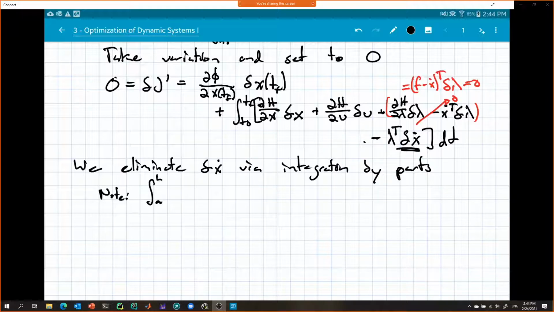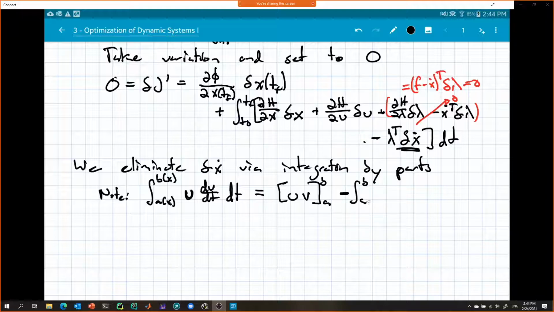Integration by parts works such that if you have the integral from a to b of some u dv/dt dt, that's equal to uv from a to b, minus the integral from a to b